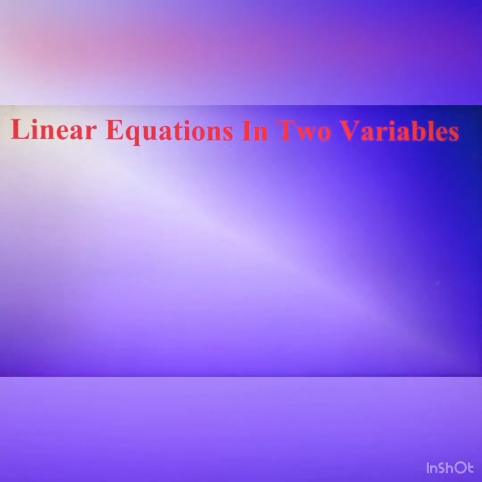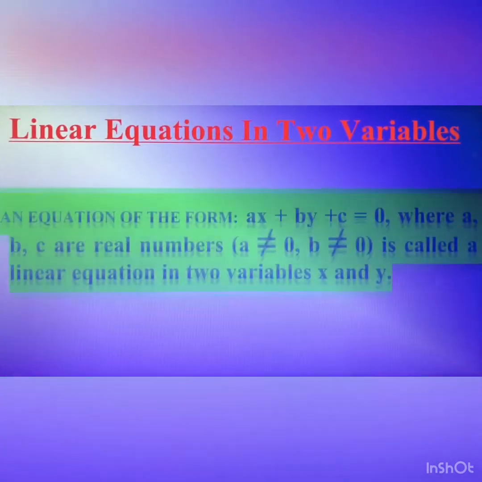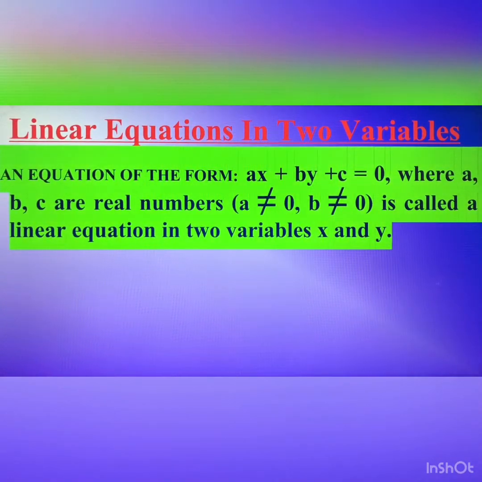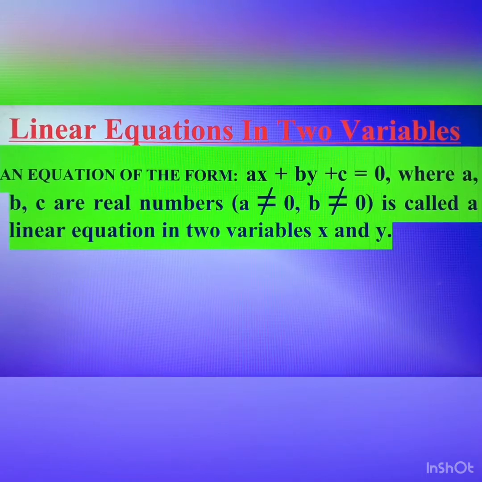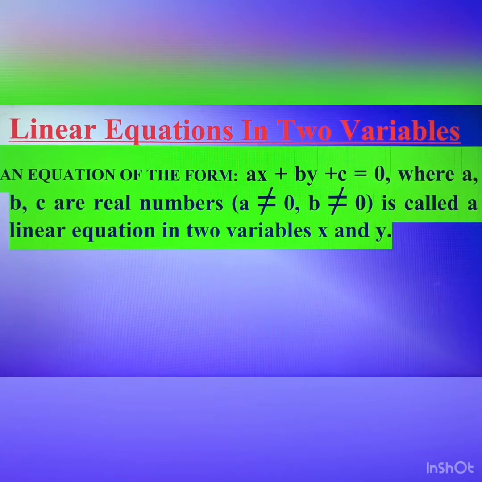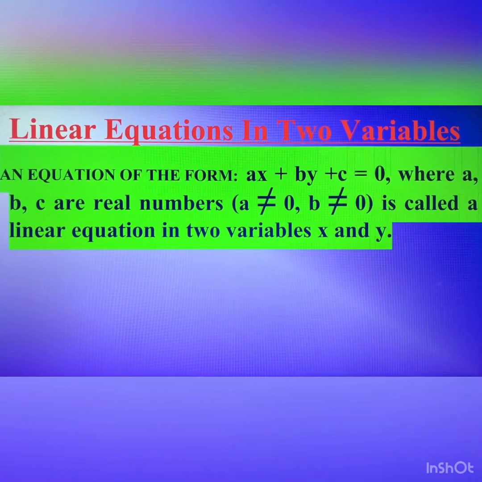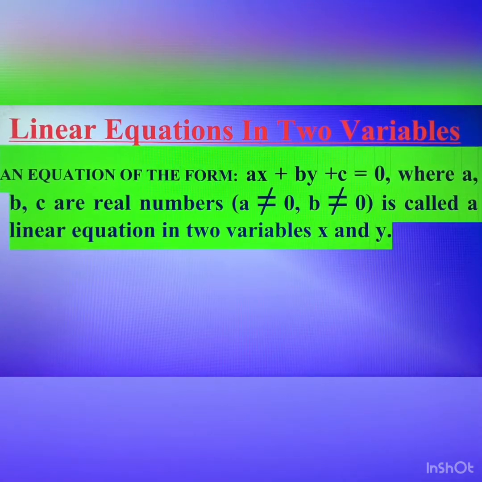Linear equation in two variables. First of all, we learn about the linear equation in two variables. So here, an equation of the form ax plus by plus c equal to 0, where a, b, c are real numbers and a is not equal to 0, b is not equal to 0, is called a linear equation in two